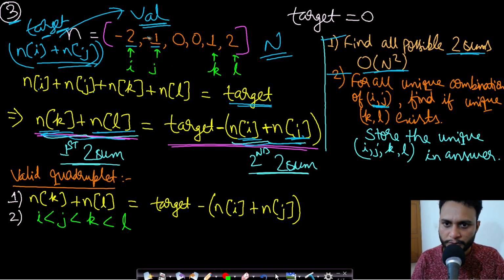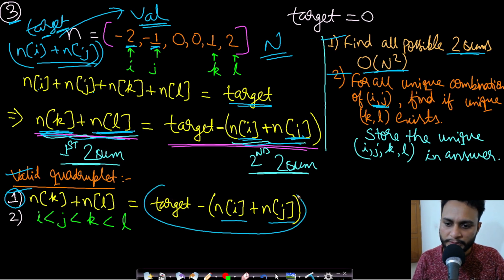So in this case, what you will do is, for a sum of nums at i plus nums at j, you need to verify if there already exists nums at k plus nums at l. And what should be the conditions? The condition should be that nums at k plus nums at l should exist, right? So this first condition should be true. If you already have nums at i and nums at j and you have calculated a value based on target minus this value, this will be value. And if there exists nums at k plus nums at l already, which is equal to value, then you have found a quadruplet.